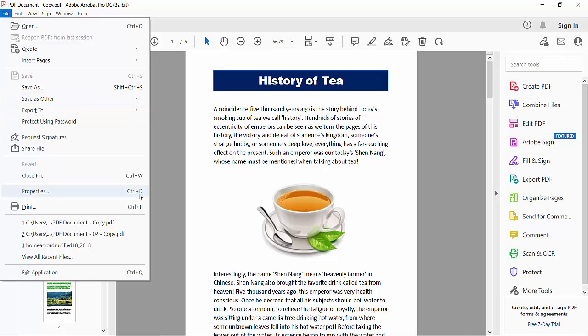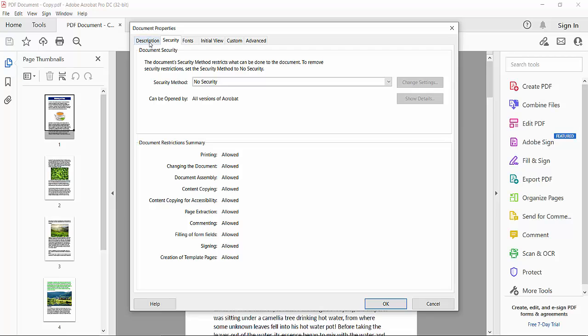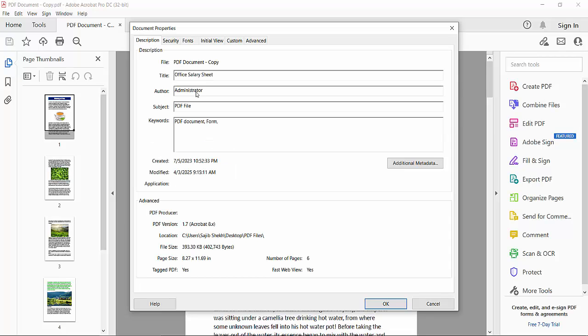Also you can press Ctrl plus D to open the Properties dialog box. Firstly, you will find this Description option. Click here and it shows the title name, author name, subject name and keywords. All of this you can edit or change. And this shows the file created date and the modified date, and this is the Advanced